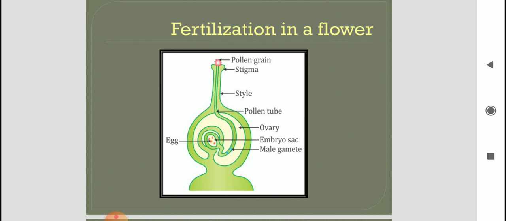It enters through an opening inside the ovule. Okay, and there what is present? Egg cell is present. This pollen tube which came down is not an empty tube. Inside there is male gamete, that is two male nuclei are there inside. So those two nuclei, the tip of the pollen tube ruptures and those two nuclei come out. Okay, one of them will fuse with the egg cell, and after the fusion the zygote formation will take place.